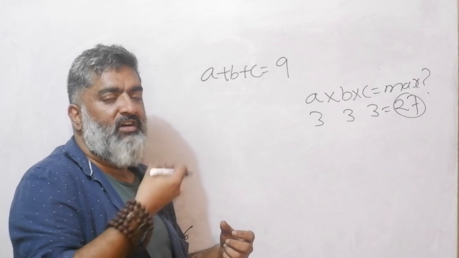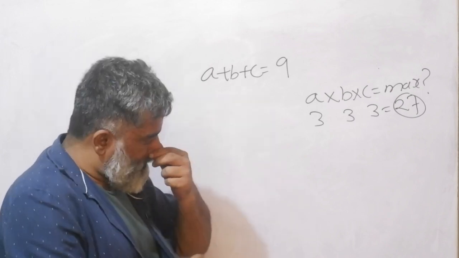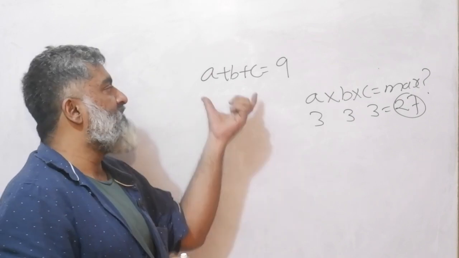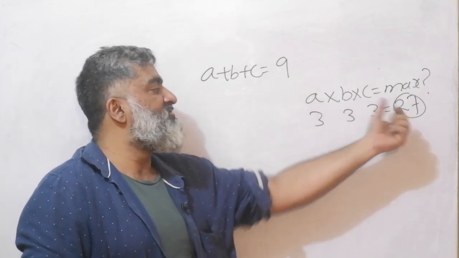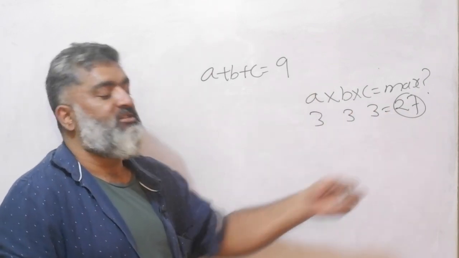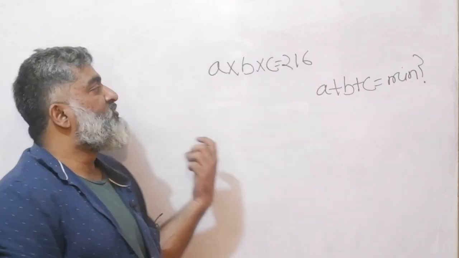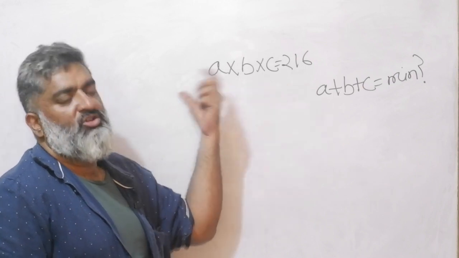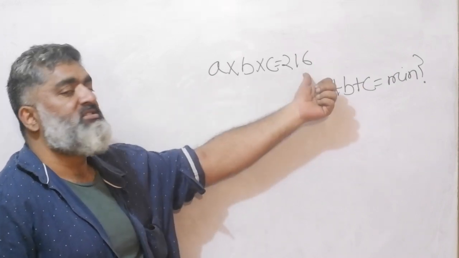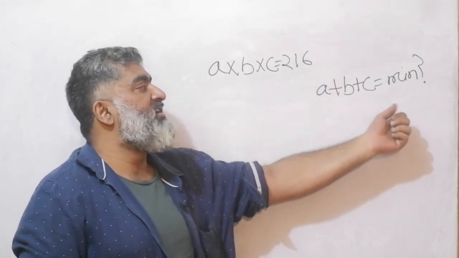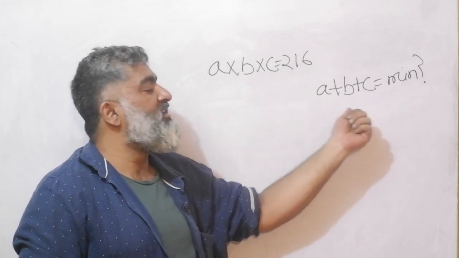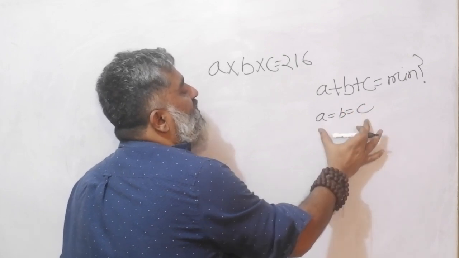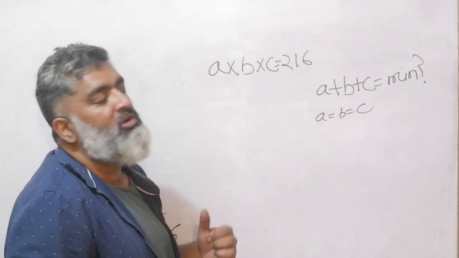So just a quick verbalization, and a quick example to repeat the story one more time. Sum is constant, product is max when the terms are equal to each other. Same story from the opposite angle: when the product of three variables, or product of some variables, is constant, the sum of the same variables is going to be minimum when all the variables are equal to each other. So if you're looking for minimum, go for this story that A, B and C are equal to each other.